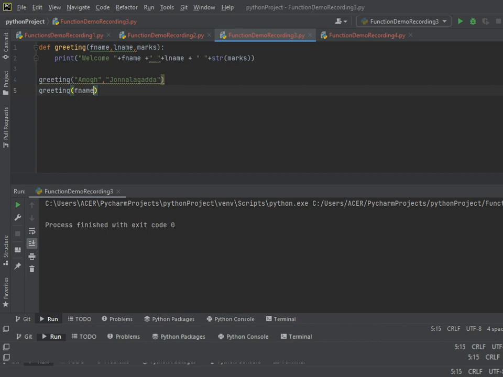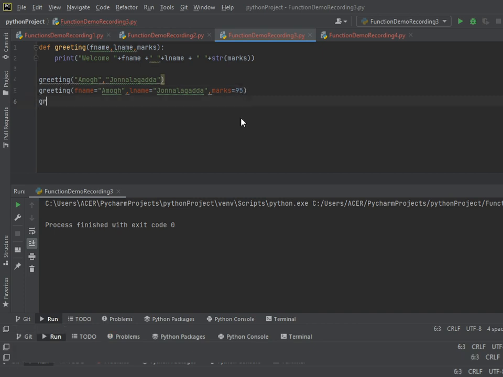Greeting fname equal to Amog and lname equal to Janallagadda, and finally marks equal to 95.